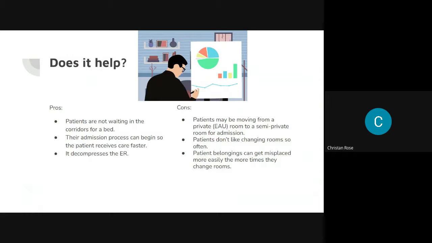Some of the pros are that the patients are not waiting in the corridors for a bed. Their admission process can begin so the patients receive care faster. For example, if a patient has an order for an antibiotic, they're able to go ahead and get that antibiotic started. One of the barriers we found is that the charting system or the electronic health record in the ER